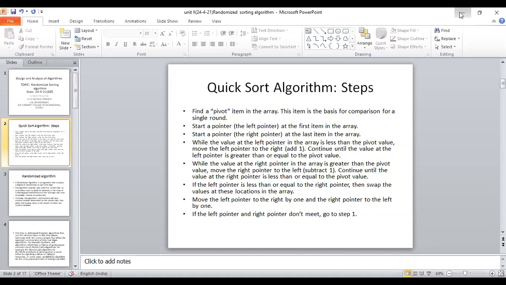If it is greater than 5, then interchange A with random mod of q minus p plus 1 plus p. So J equal to partition of A comma p comma q plus 1.